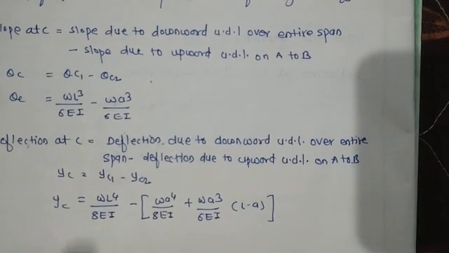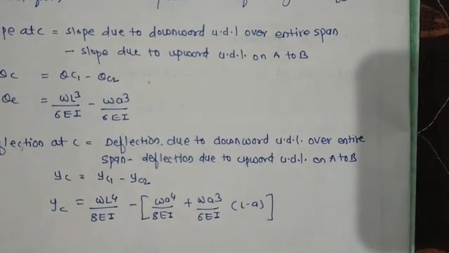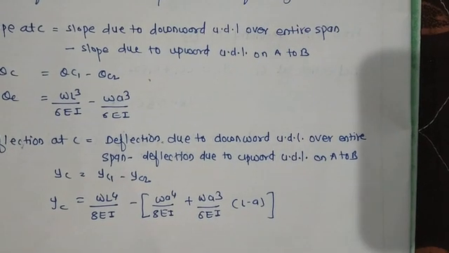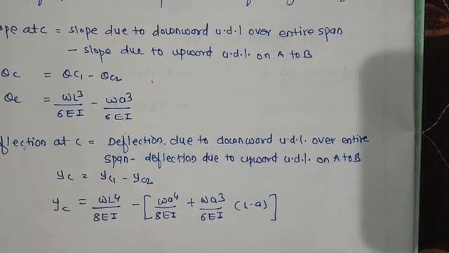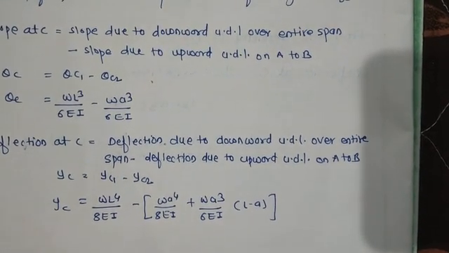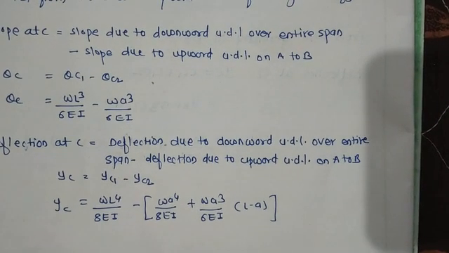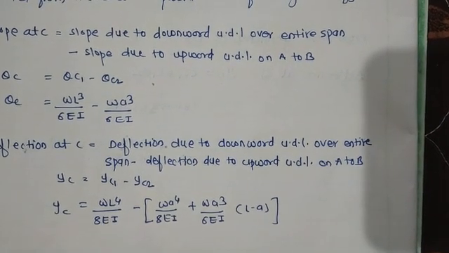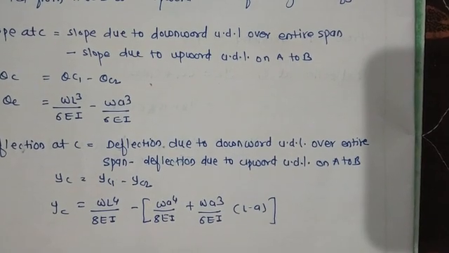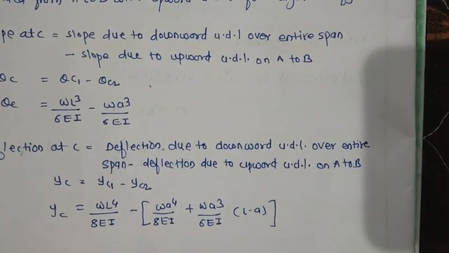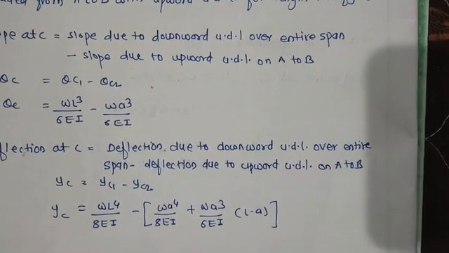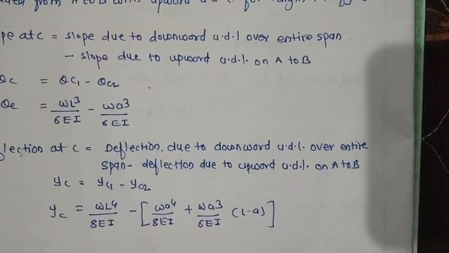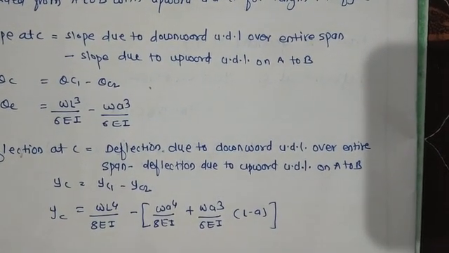Okay, this is the slope and deflection of a cantilever with UDL over some span from the free end. These are standard cases, and we must know these values, or these derivations or formulas, to solve the numericals in this section. Now we are going to see a basic numerical.